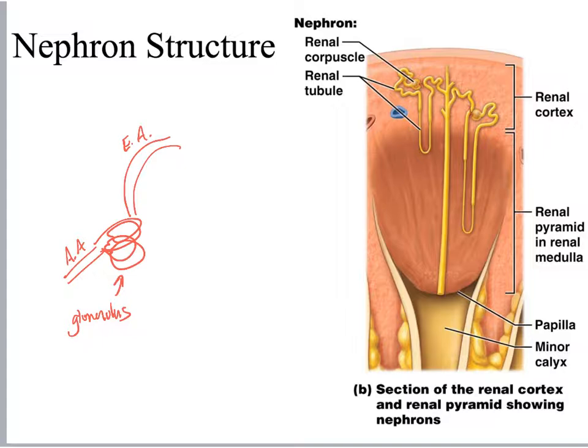Efferent arteriole. So blood is going to come in under a certain pressure and come into this glomerulus that has openings. And that is going to be the first step in urine production. The blood pressure is going to push fluid out of the capillaries. And then it's going to be caught by